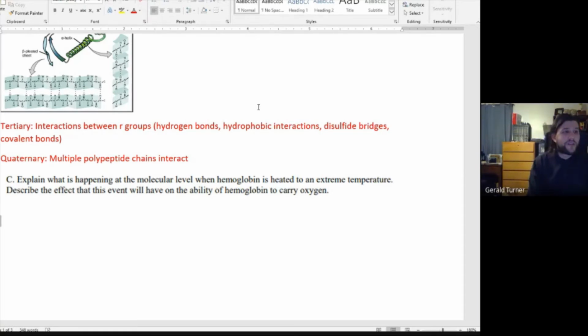So with this one, we're looking at explaining what is happening at the molecular level when hemoglobin is heated to an extreme temperature, and then describe the effect that this event will have on the ability of hemoglobin to carry oxygen. So first thing to be aware of, heating something up,